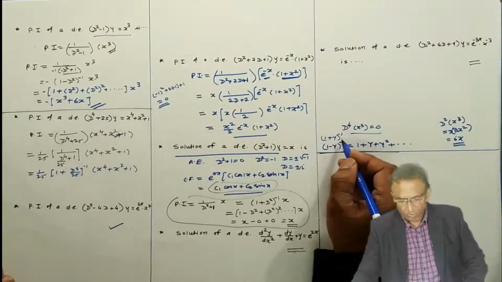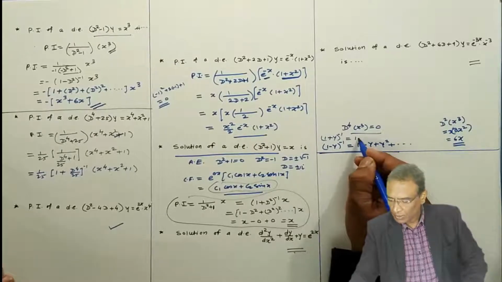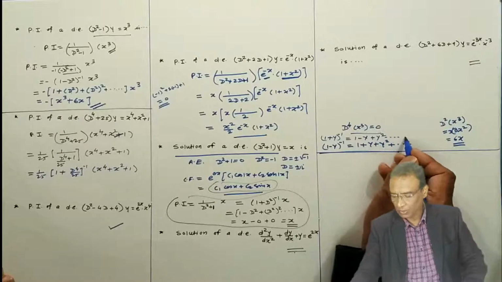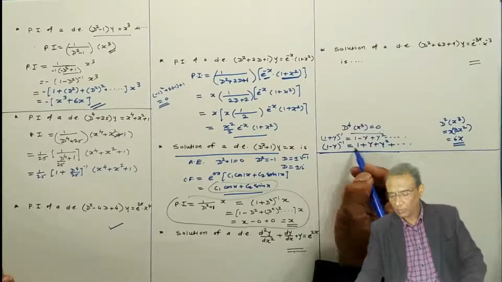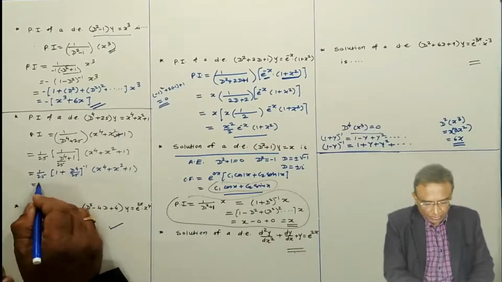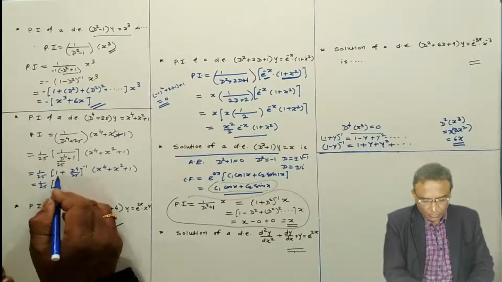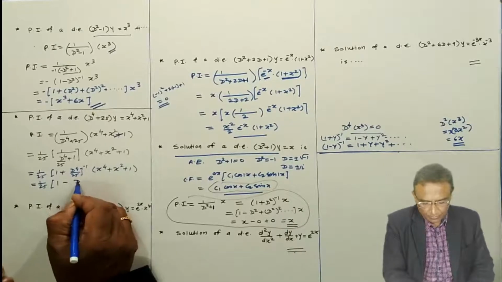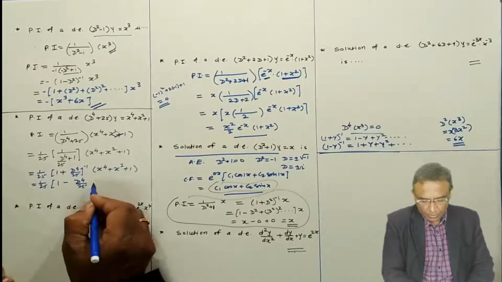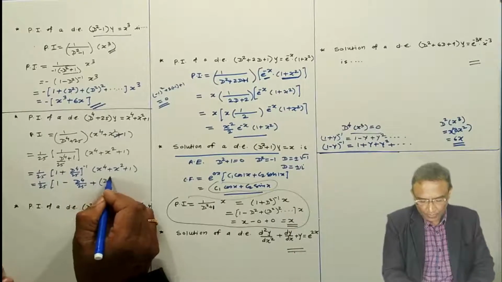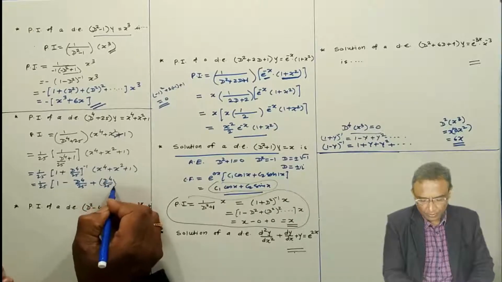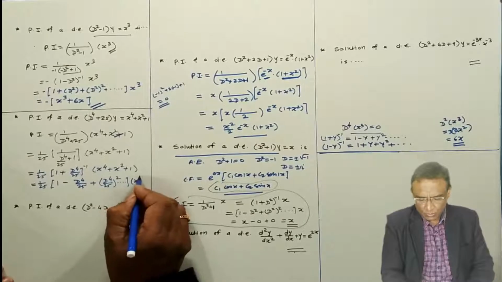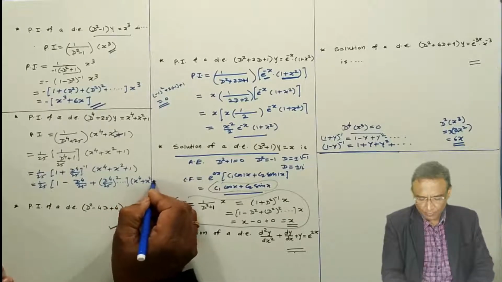1 plus y to the power minus 1 is what? 1 minus y plus y square minus y cube and so on. Here all plus minus and here all positive. So 1 by 25, 1 minus y plus y square, and so on. Write down first three terms only, x raised to power 4 plus x square plus 1.